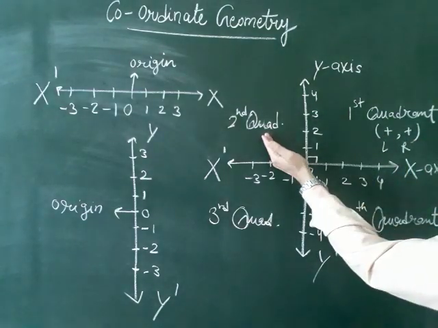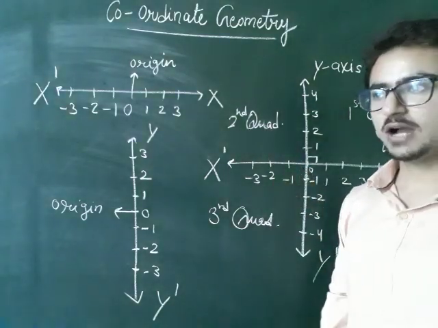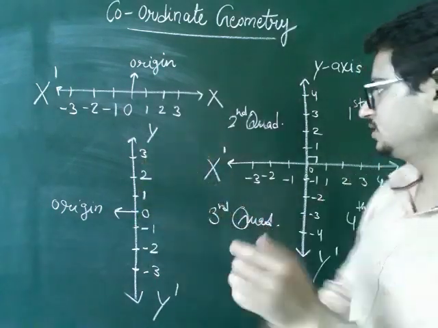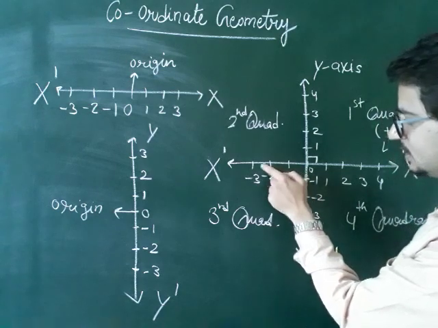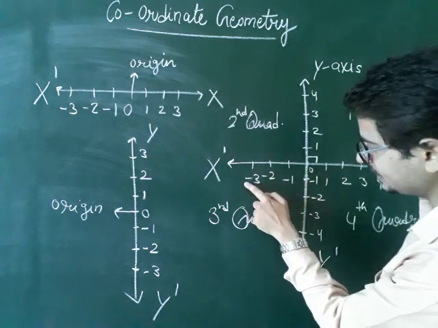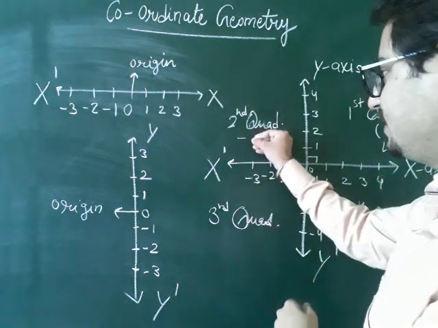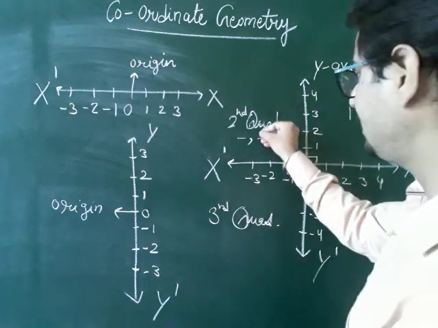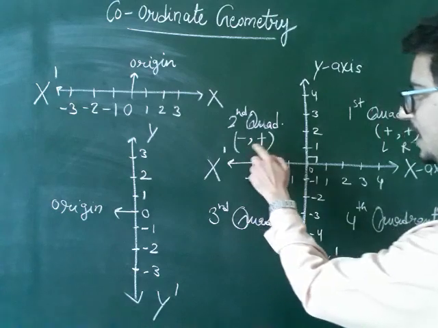Move on to the second quadrant. Now you have to stand like this, and this is your left, this is your right. So this will be your left, and the sign of the left coordinate is negative. So first you will write negative, and then the right is positive, so you will write plus. So it will be your minus plus.